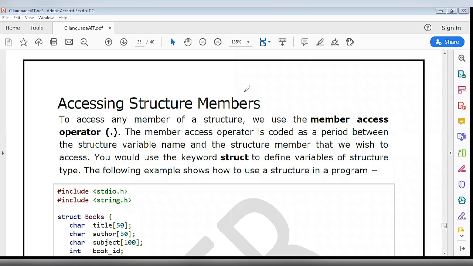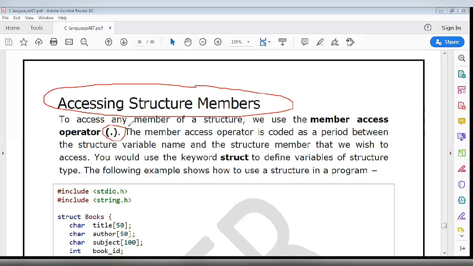For accessing those elements, we use the dot operator. Here dot stands for member access operator, and it is used for accessing the elements of the structure. For accessing the structure elements, we need three things. First is the object of that structure, then the dot operator, and then any element of that structure.